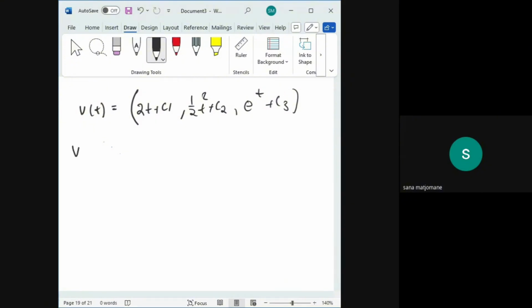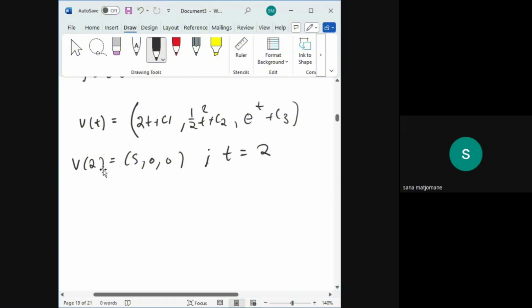So I'm going to say v at 2, remember it's (5, 0, 0), right? Remember, I told you this means this is where t is equal to 2. So what are we going to do? We're just simply going to substitute t equals 2 into our equation here. Can we do that? Let's do that. So v at 2, using our vector equation for velocity there, is going to be equal to